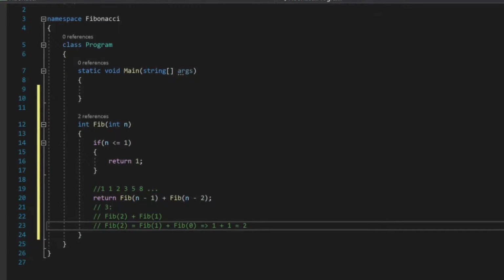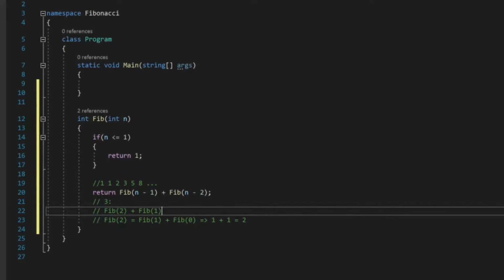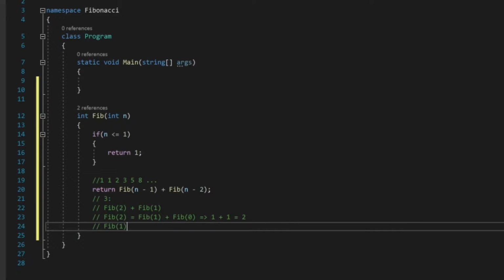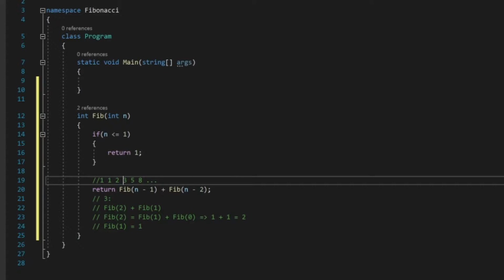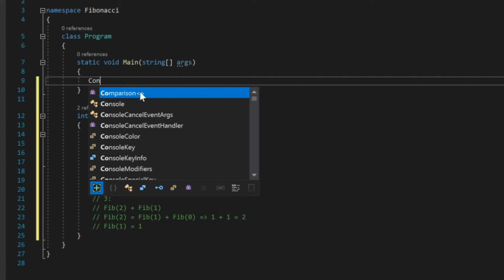And then fib of 1 is going to be 1. So fib 1 equals 1. So we end up getting 2 plus 1, we end up getting 3. Which is the third number here. Well, technically it's the fourth number, but if that's the 0th number in the sequence, then... Anyway,